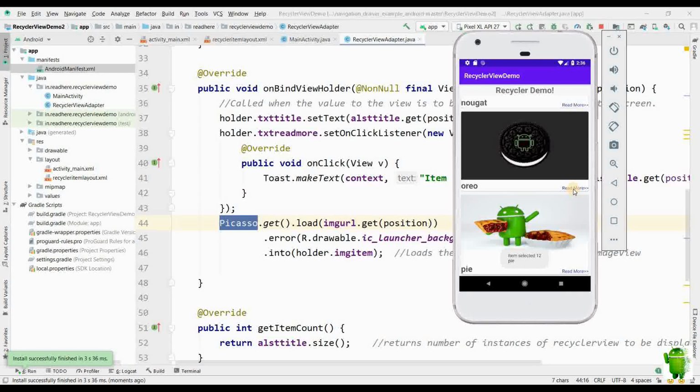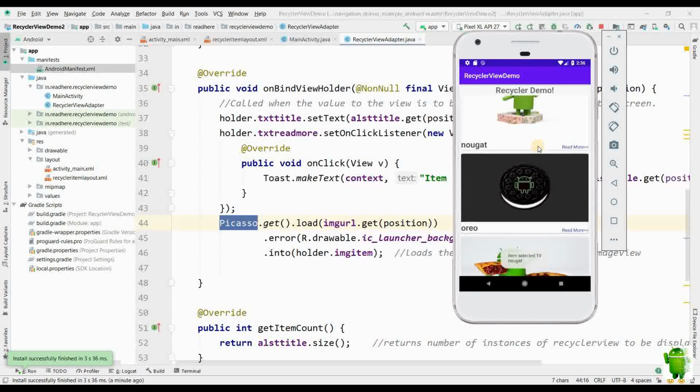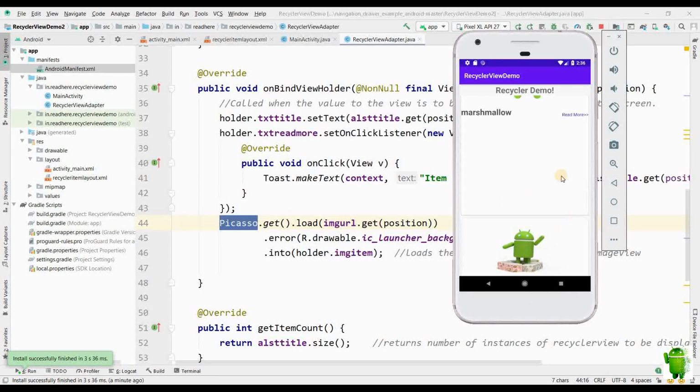Upon clicking read more, it will display a toast message, the position as well as the version or title of this particular code.